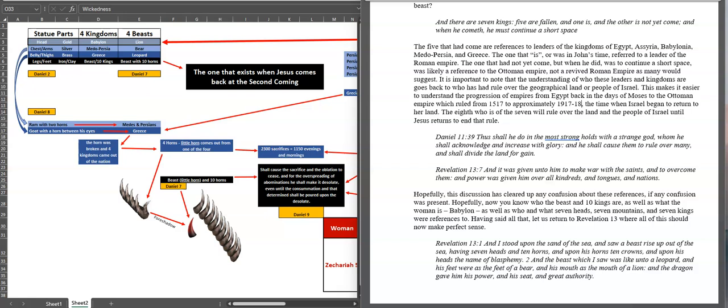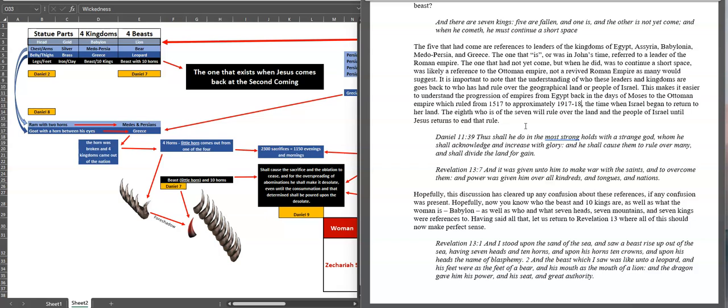So what we learn of the empires, and I kind of solicited feedback, and then I realized that it probably wasn't a great idea. I should just tell you what I mean rather than have you guess what you think I mean. There are about 14 million ideas out there about what these kingdoms represent. And what we need to understand of them in order to identify this 7th empire, and I'm not dogmatic that it's the Ottomans, but I do believe so, because after the fall of the Roman Empire completely, the Ottoman Empire took over, and then there hasn't been another empire.